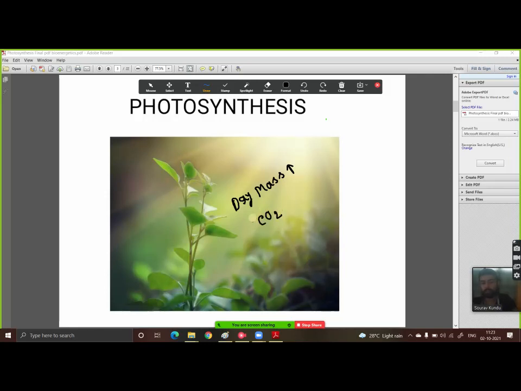Okay, so the common part: carbon dioxide. The plant takes 6 molecules of carbon dioxide with 12 molecules of H2O, and converts them into C6H12O6 with 6O2 as the byproduct plus 6H2O. And here what they are incorporating is the solar energy, which is taken from the sun, having energy E given by Planck's equation, E equal to h nu. This is the solar energy.